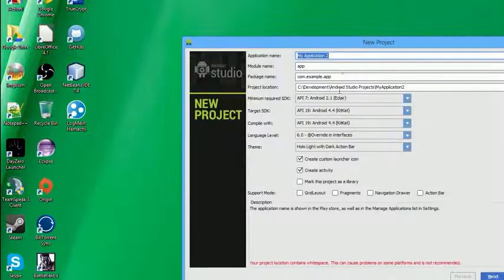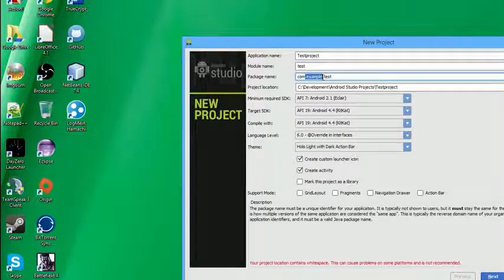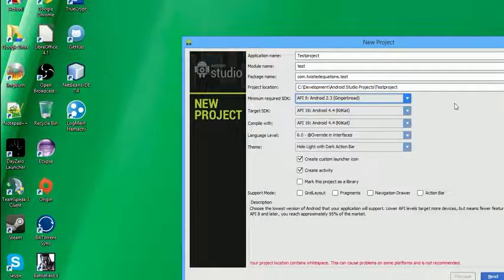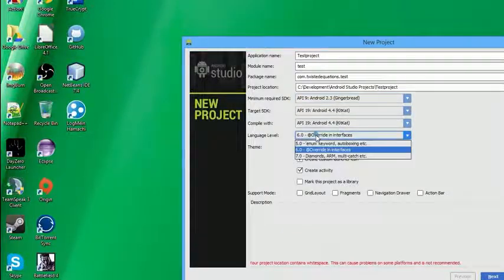So the first thing we're going to do is create a test project. So we're just going to say, test project, and our module name is going to be test, and it's going to be twisted equation. Okay, and this is going to go into my test project under my development folder. I'm going to pick Android 2.3 for this now. This is on Android Studio 0.4.3, which is the very latest. They only updated to it this morning, so it's very new. We're going to work with KitKat, language level 6,